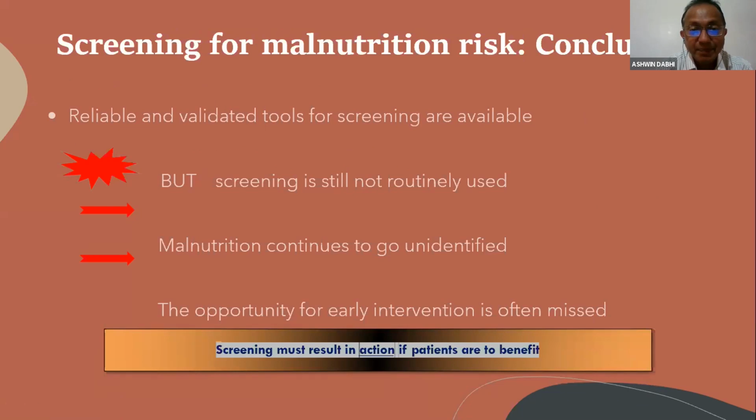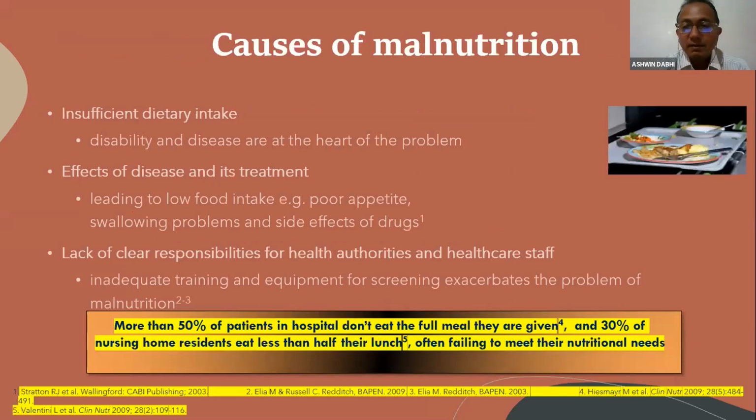And the opportunity of early intervention is lost, and therefore it is the very beginning of this problem. So we can precisely say it's multifactorial, right from insufficient dietary intake. When you check the meals served on plates to patients, more than 50% of patients never complete the meals offered to them. So there is a lot of wastage of food. And also there is an impact of the disease, or maybe the intervention we do to treat the disease, like dialysis. So that all leads to